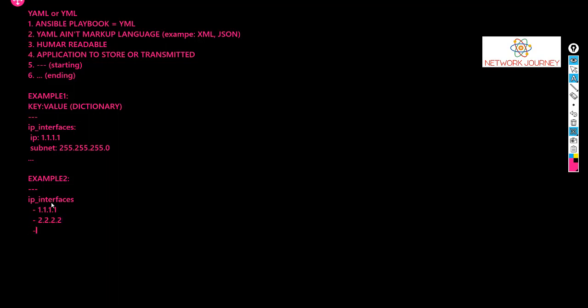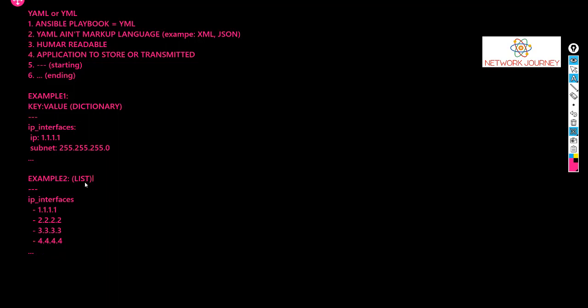Multiple answers in a list format. So this is also supported. You never know when you will need this option for your scenario. This is called YAML in a list format.